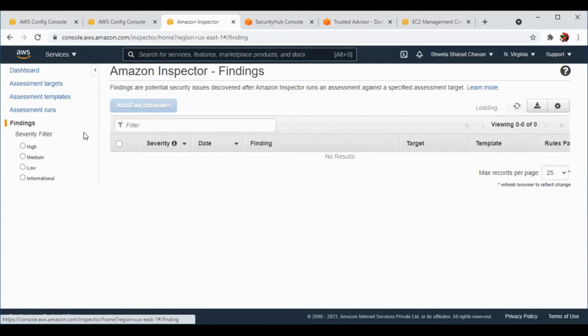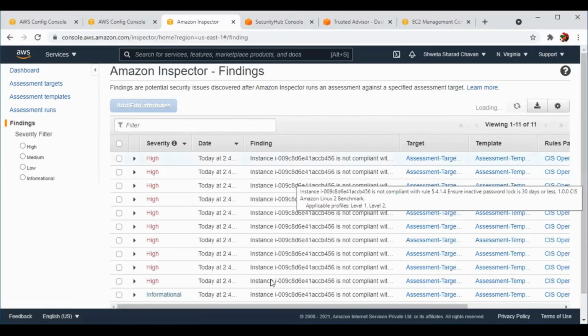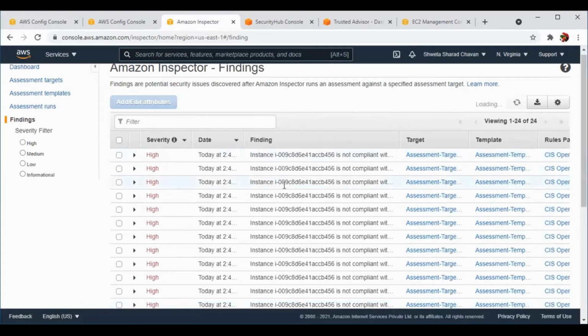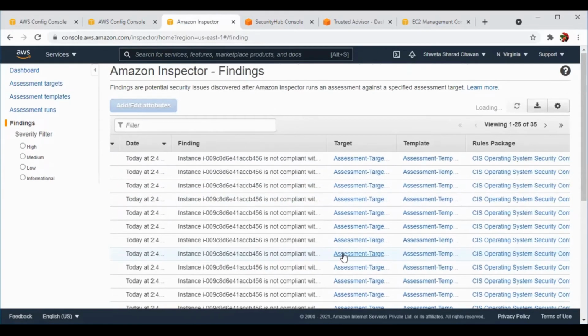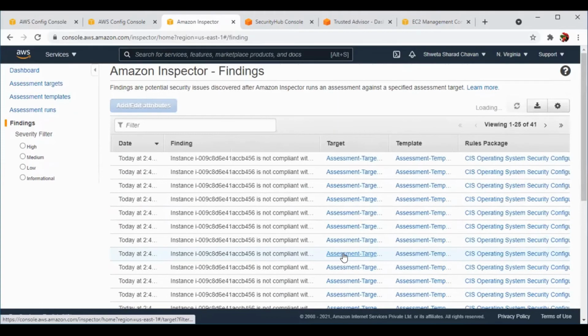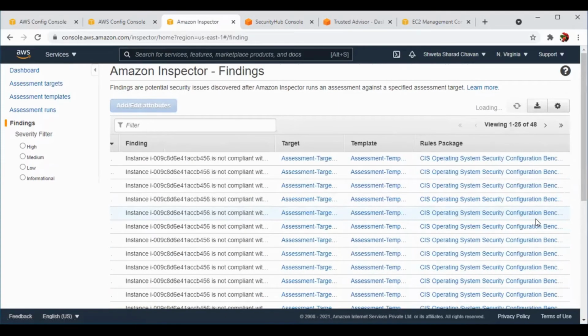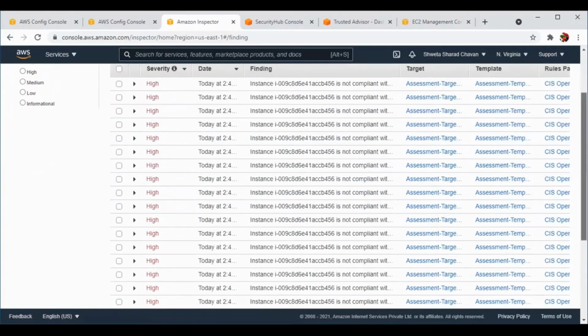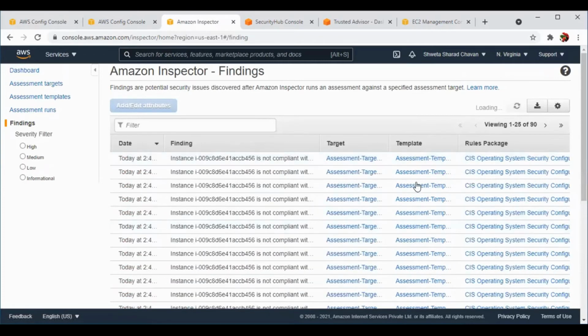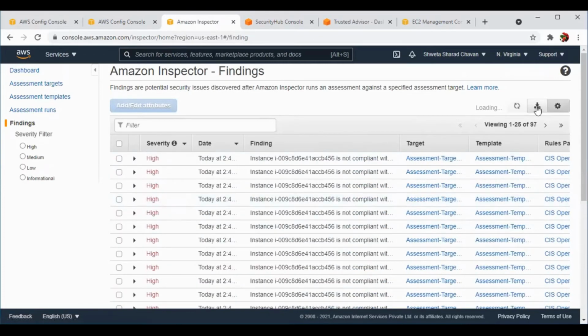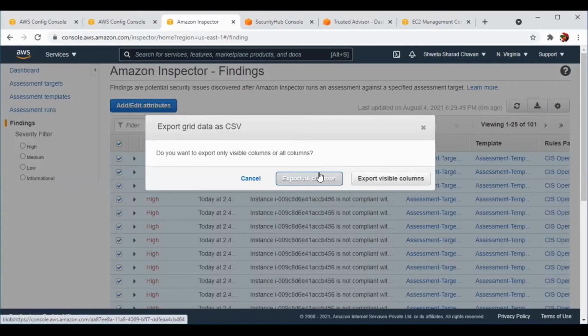Amazon Inspector will give you the whole assessment template for that assessment target, and you can see it over here. The rule packages we had used were CIS and the CIS benchmark. To view this, we will download it. We will first click all, and then download, exporting all the columns.